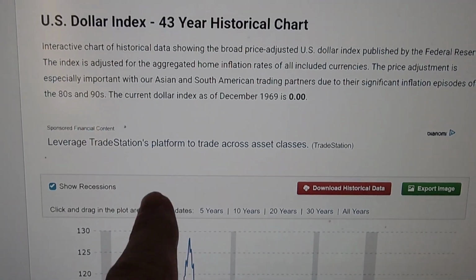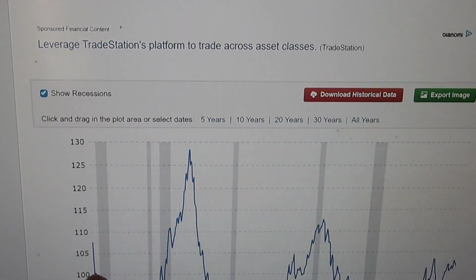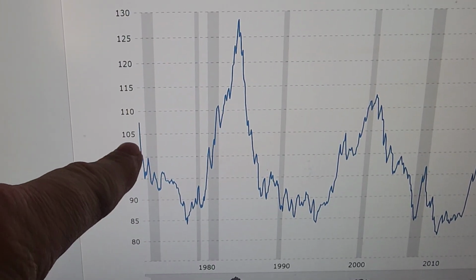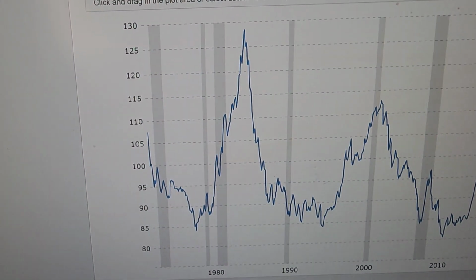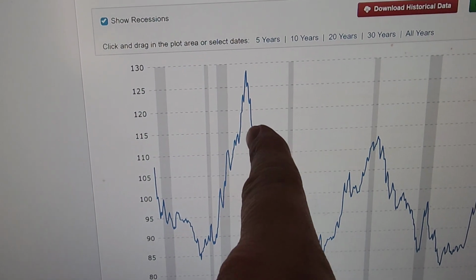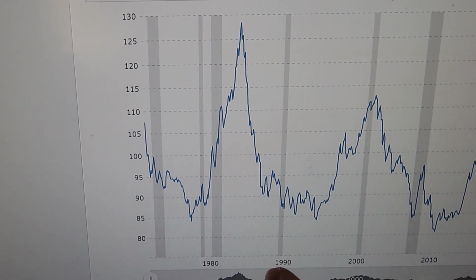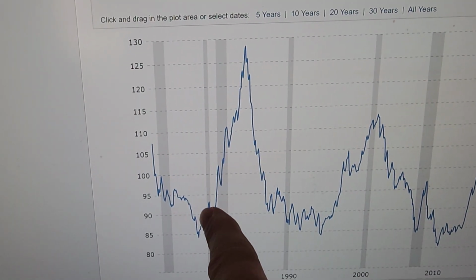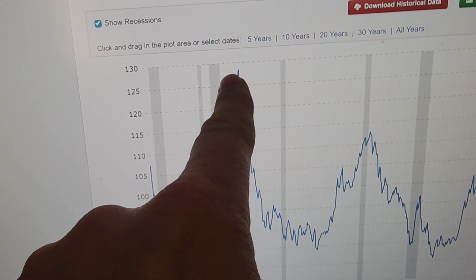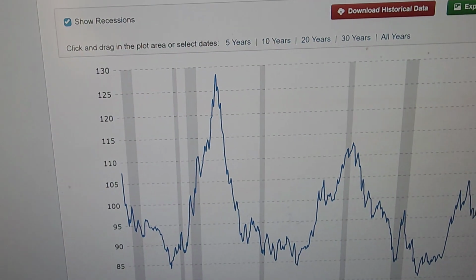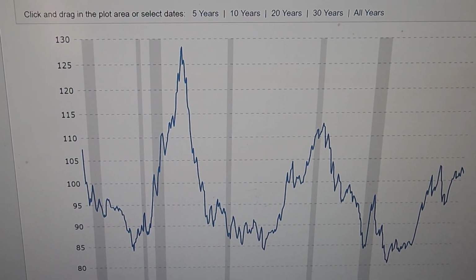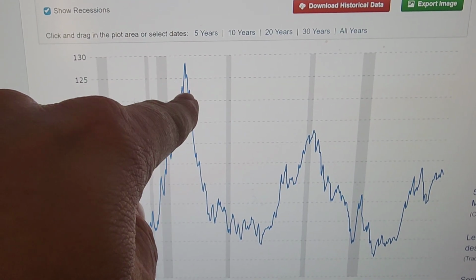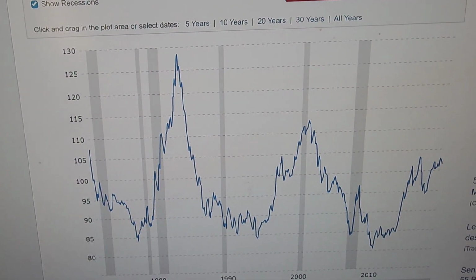This chart right here is a US dollar index. This is only a 43-year historical chart. And you can see how the dollar went down for about 10 years in the 70s and then went way up to a peak, which was around 1985. And if you're a farmer, the farm crisis occurred right about in here, and right about here is where the prices collapsed. Now, as to why prices collapsed is, in a simple form, when the dollar's high, it makes grains cheap.